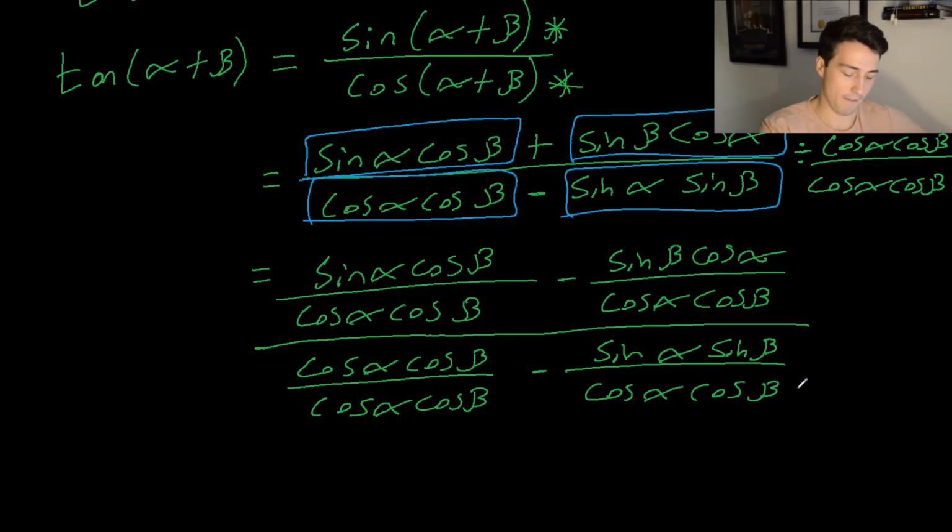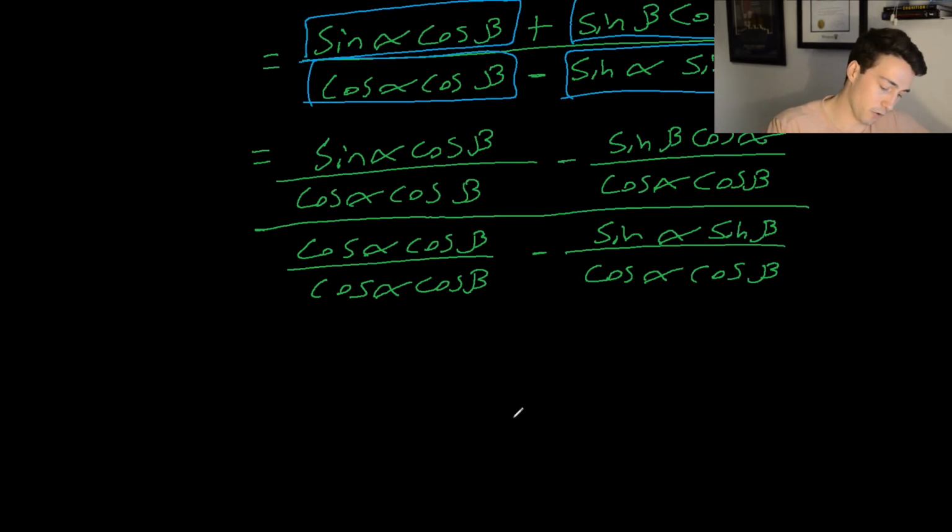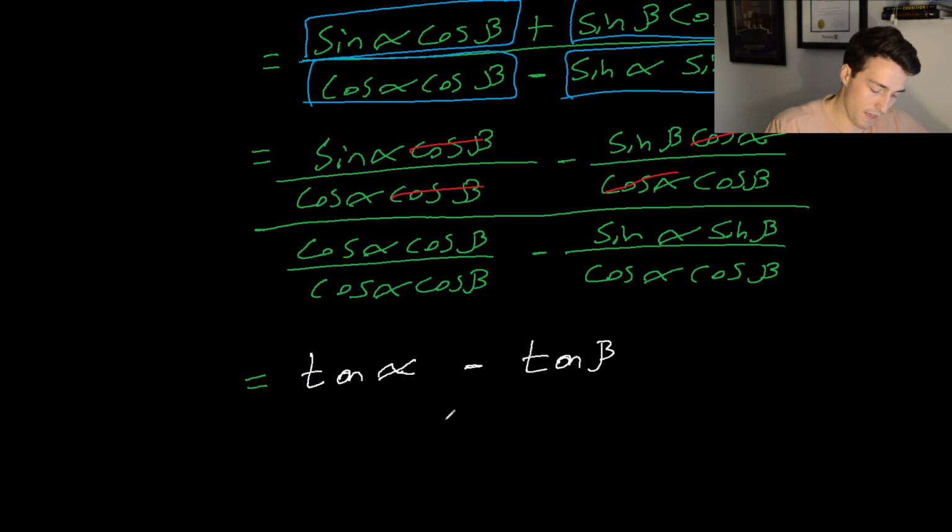So now that we have everything divided by cos alpha cos beta, we can see some cancellations happen. Here, cos beta over cos beta is just 1. And then sine alpha over cos alpha, I'll change colors now to make it a bit more clear, sine alpha over cos alpha is just tan of alpha. And that would be subtracted by, again, we have this cancellation here. We have cos alpha in the numerator and denominator. So this will be sine beta over cos beta, which will just be tan beta. And then that will be divided by,